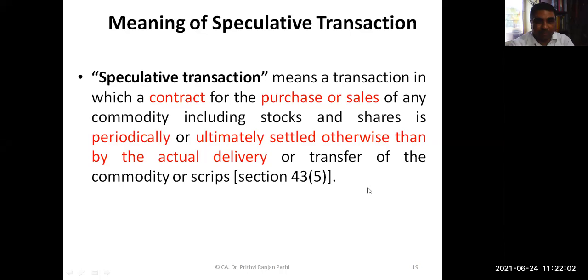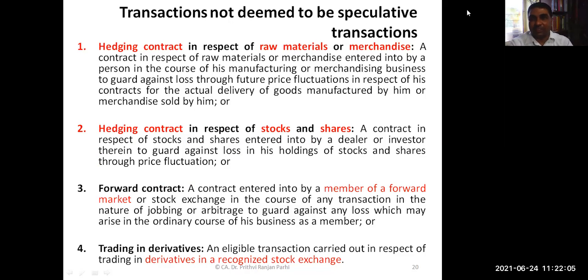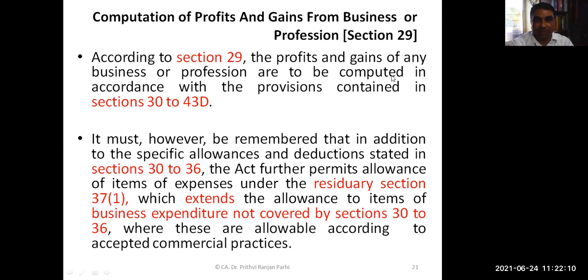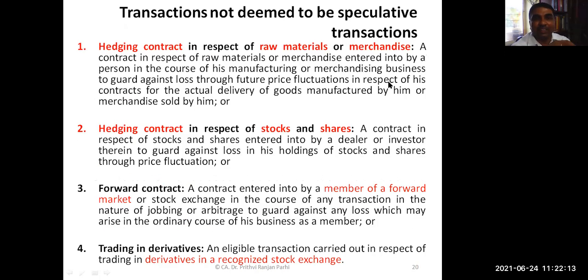Now, friends, these are certain transactions which shall not be treated as speculation transactions. These examples I'll be showing you right now. One is a hedging contract for raw material and merchandise. Hedging means you are entering into a contract to avoid the losses of price fluctuation. You may enter into some forward contract and futures contract, so that losses relating to price fluctuation in raw materials and merchandise are not suffered by you. So that will not be treated as a speculation contract. Similarly, hedging contract for stocks